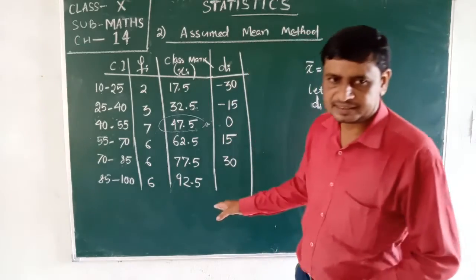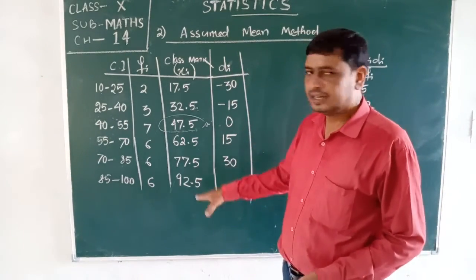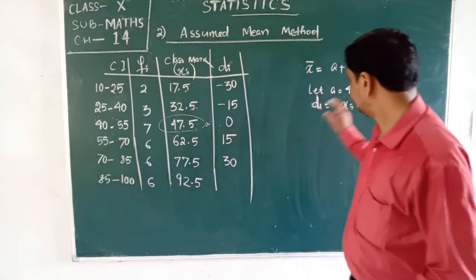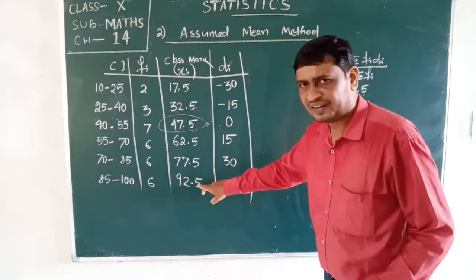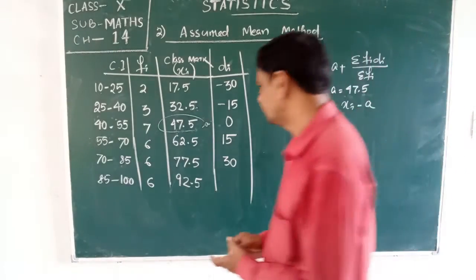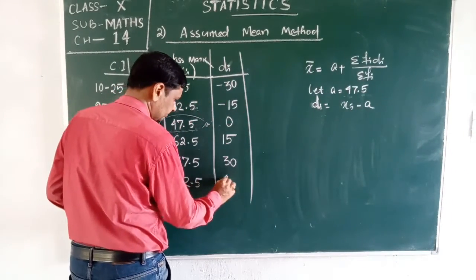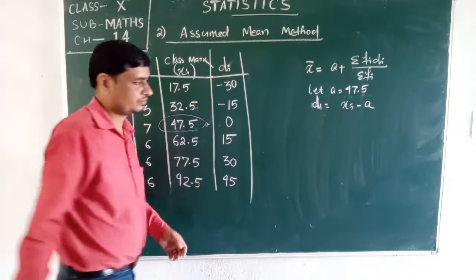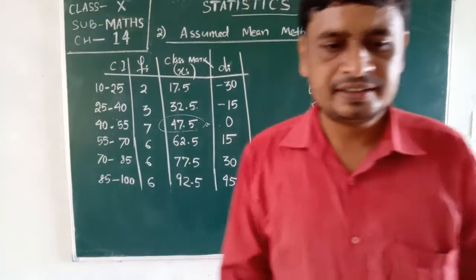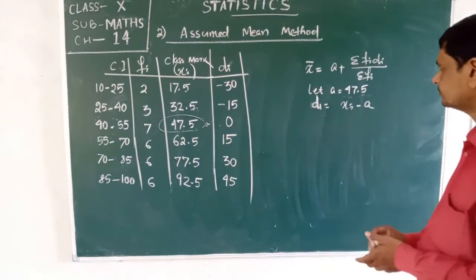And the 6th element of this column Di, that is xi minus A, 92.5 minus 47.5 becomes 45. Now we got the column for Di, but here